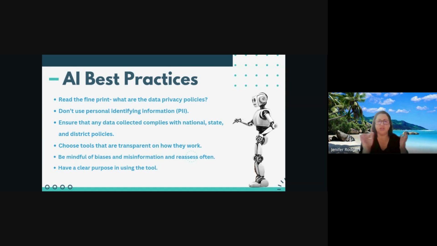Change to general pronouns, he, she, they, instead of their names, or use fake names. Keep things like locations and addresses out of that. Keep it very general. Another thing to consider is if you are using it to give feedback on student assignments,